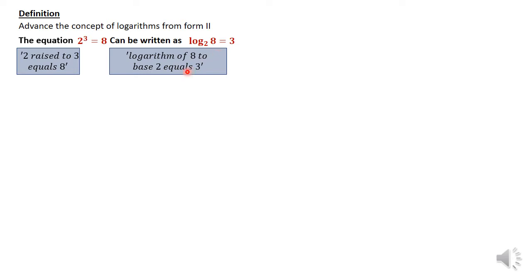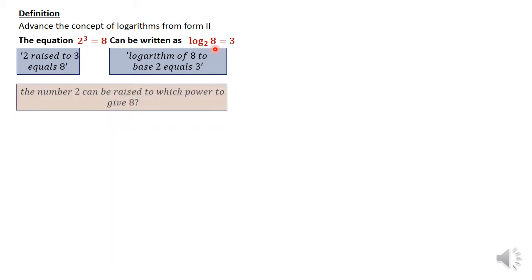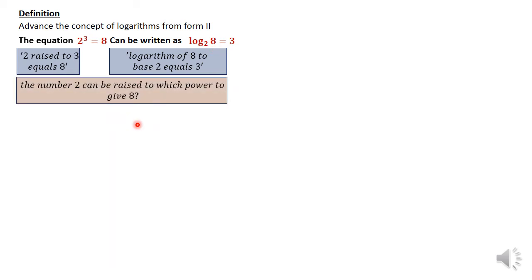Now, I need to say the following. If an examiner wrote log of 8 to base 2 is equal to, say, x, and wants you to write the value of x, what does the person want from you? What the person will actually be asking is, the number 2 can be raised to which power to give 8? Right? The number 2 can be raised to what power to give 8? And that number is 3, and that's what we call the power or index in the previous expression, the index